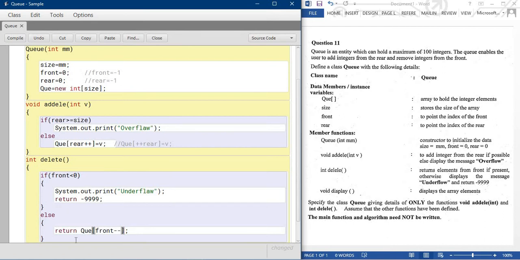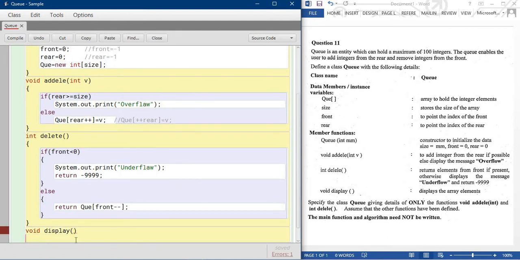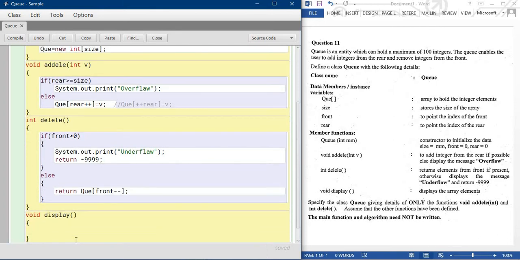Okay, so void display. In this method you can see, because I'm writing 3 loops, sometimes 3 loops are required, sometimes 2 loops, sometimes 1 loop, depending on your question paper.